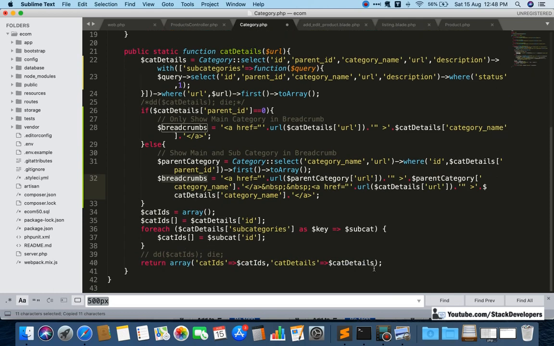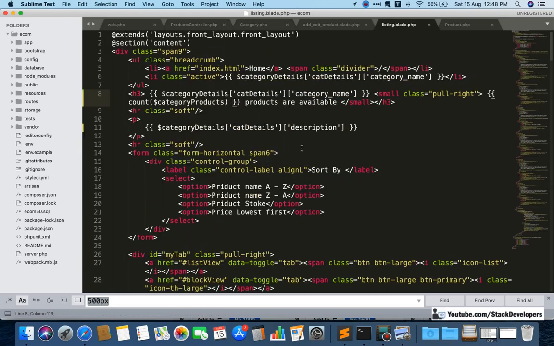So these breadcrumbs we are going to send in an array, breadcrumbs, dollar breadcrumbs, like this. Okay, and this one we are going to use in our listing blade file, here at the top, and here I'm going to replace all this with the breadcrumb.